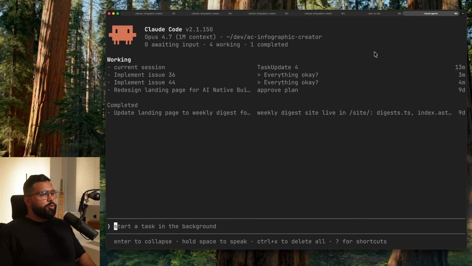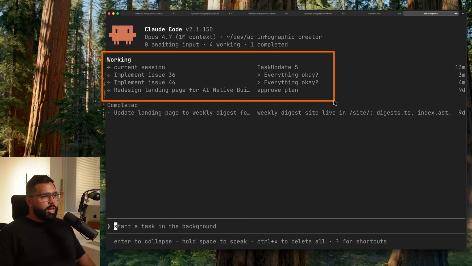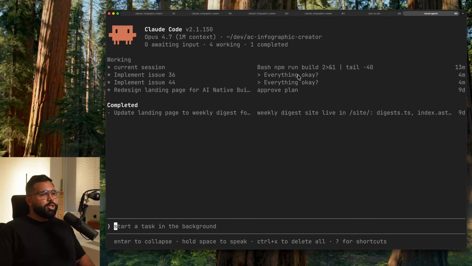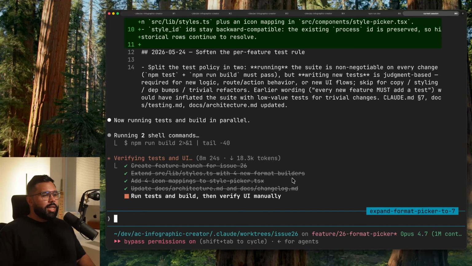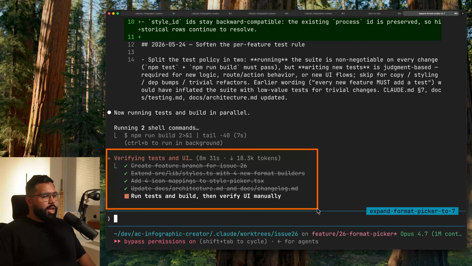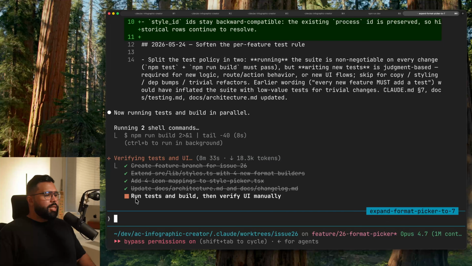And in the agents view, you can see we have this nice separation between the agents that are working and the agents that are completed. And we can see super clearly the status of each of our agents. And as I mentioned, going between agent sessions is as easy as just clicking in and out of the agents. And you can see here, I'm back in an agent that's working on issue 26, and we can inspect its task list and see that, hey, it's actually almost finished implementing the feature,